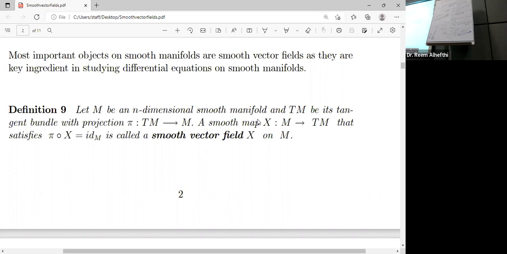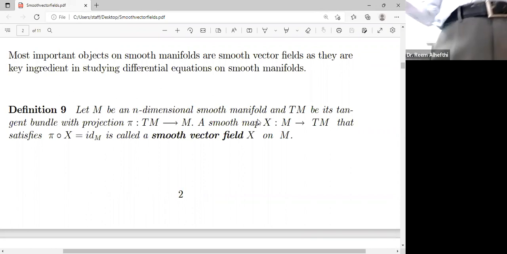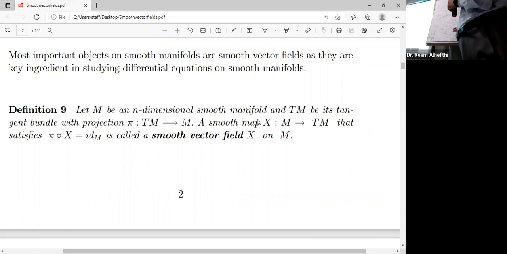If I take a smooth function like what you said, and I want to define the Lie derivative L_X on a function, coming to that, you will see it as a property soon. It's the same. Yes, you will come to it, inshallah. Yes, you will see, inshallah, as a property soon. But let me complete this.